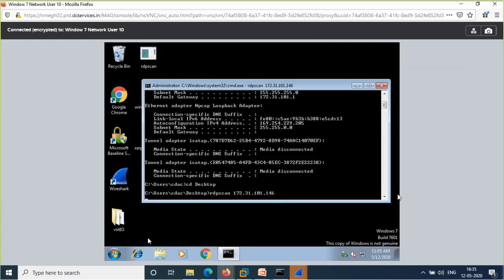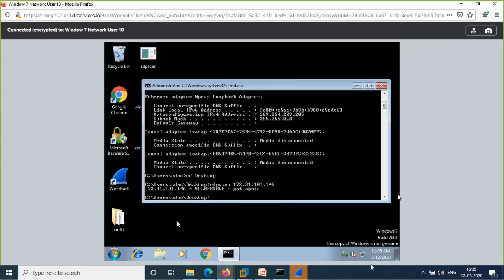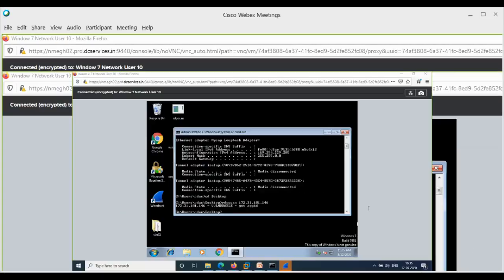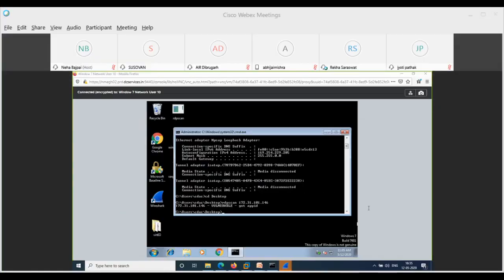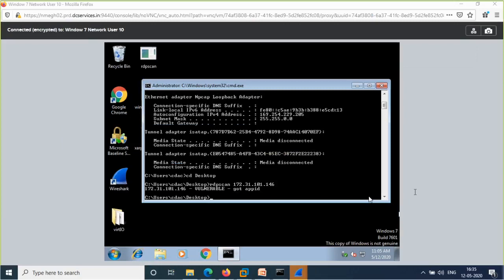I'll be running this command and then it will be showing me vulnerable. Is it okay? Yes, received the same thing.